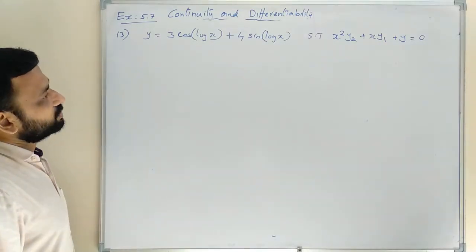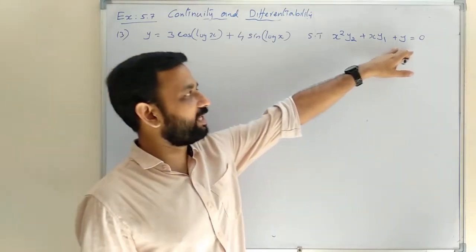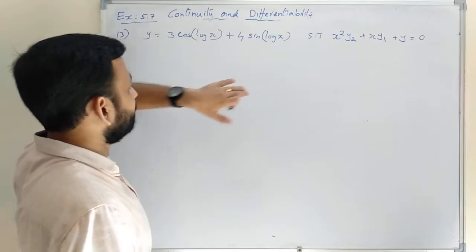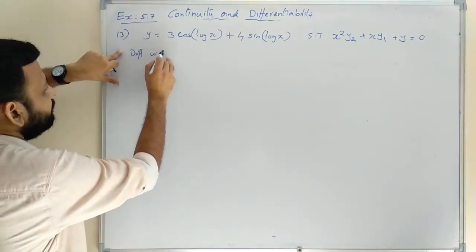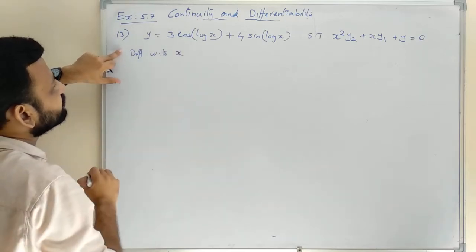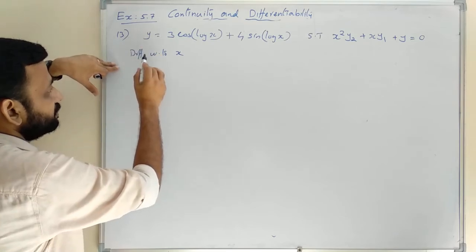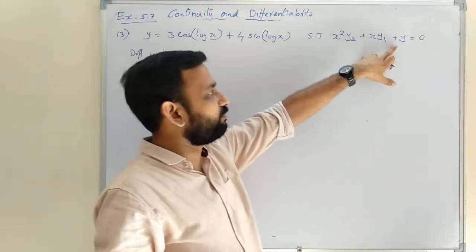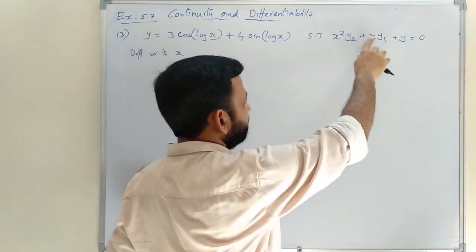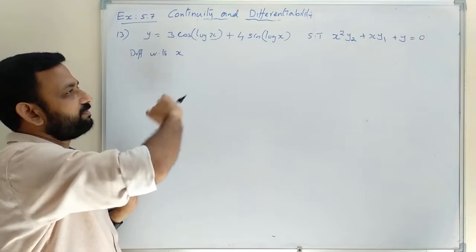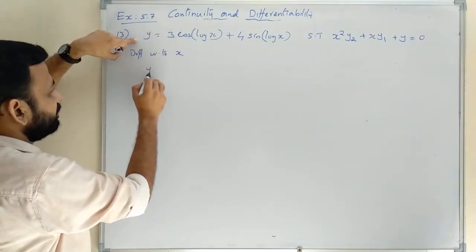So we need to find y1 and y2, then replace, then we will get LHS equal to RHS. Anyway, we will differentiate with respect to x. So dy by dx, and here we are using y1, y2. y1 is dy by dx and y2 is d square y by dx square. So we can write here y1, differentiate with respect to x, that is y1 equal to